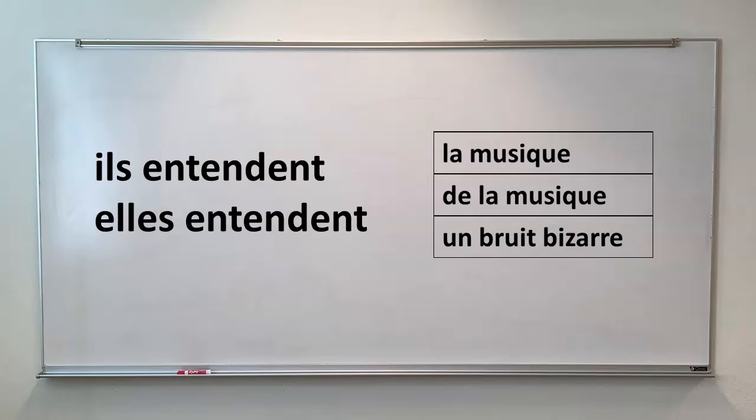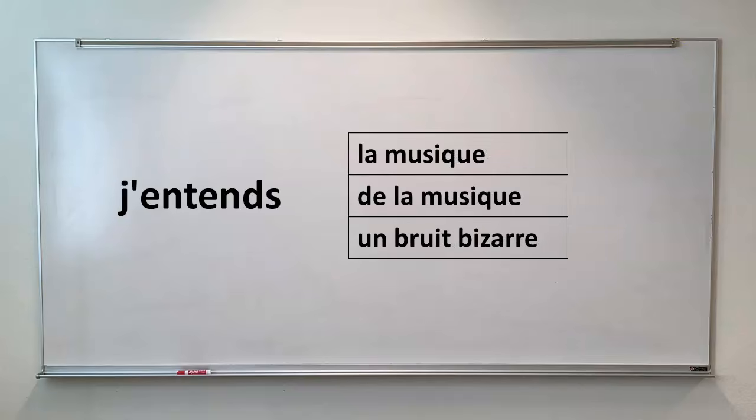Here's the suggestion. If you know that entendre means to hear, and you know that j'entends, for example, means I hear, you don't need to translate that part. You know what it means. So all you have to do is just use your imagination a little bit. Don't underestimate the power of your imagination. So close your eyes and imagine that you're hearing. And let's say you hear music playing, then you could say,